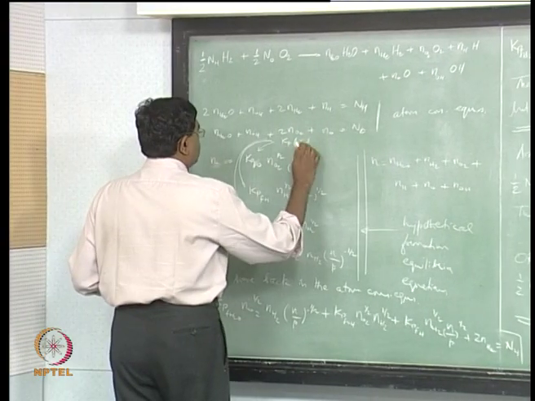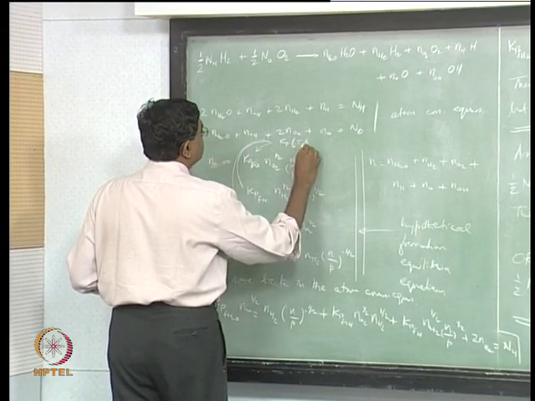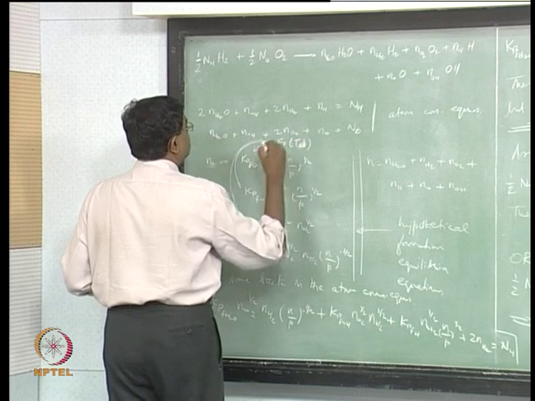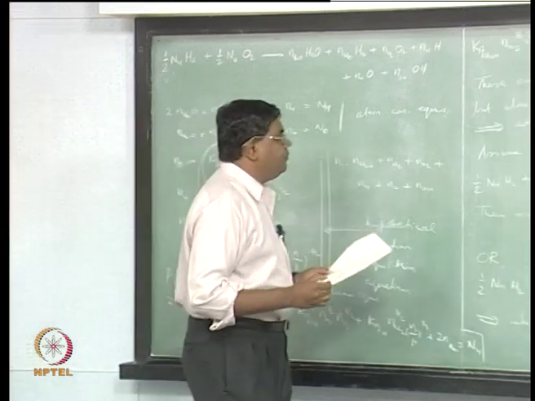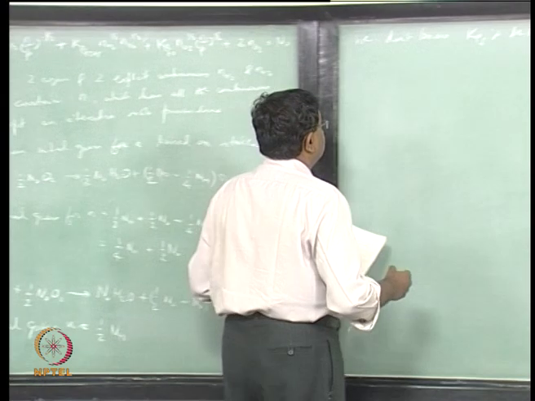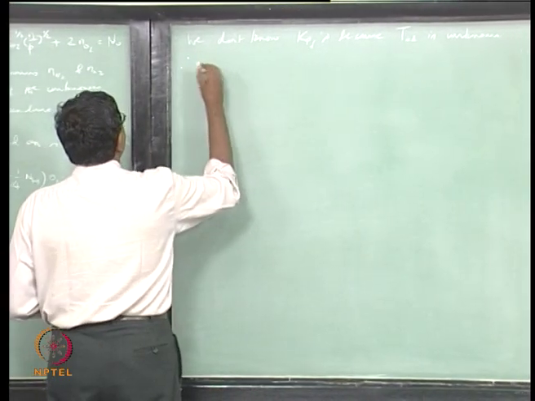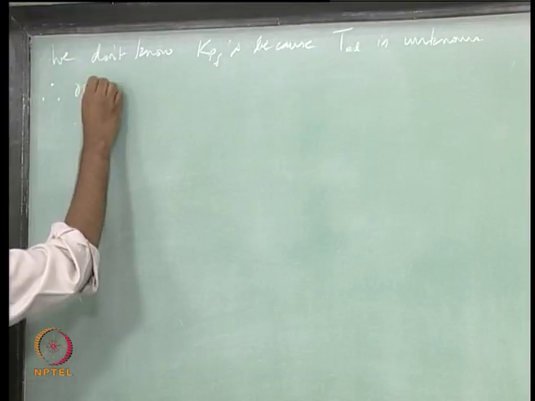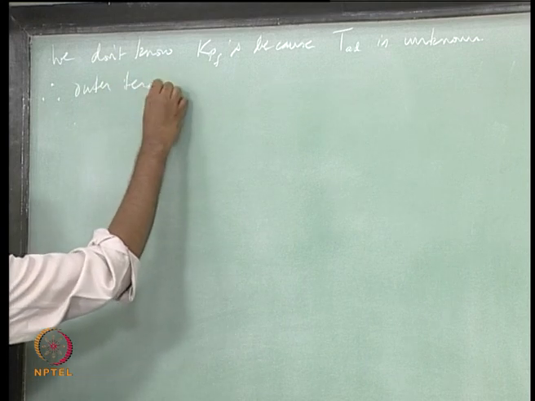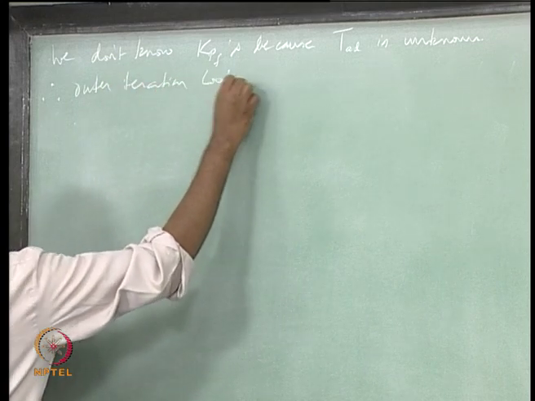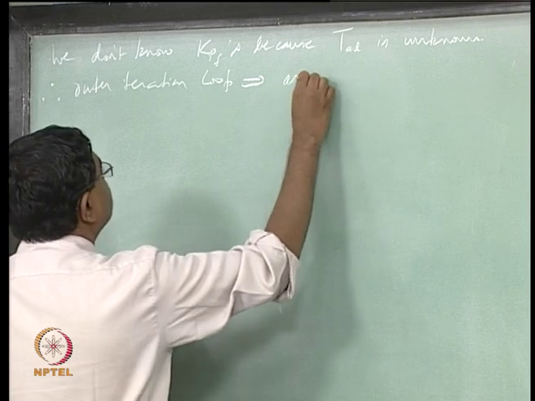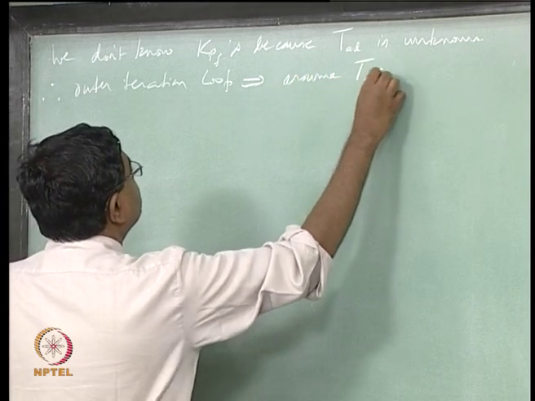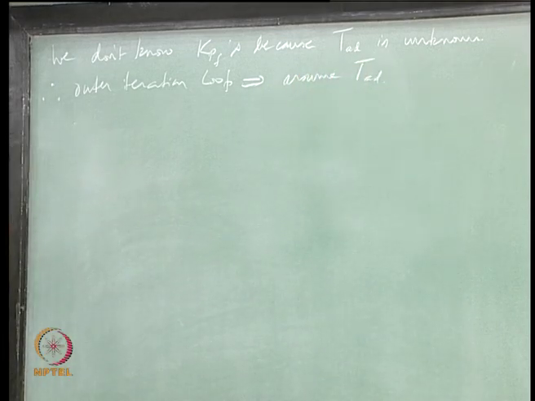In fact, I should specifically say over here, right. So therefore the outer loop, the outer iteration loop would be to start, assume T ad, okay. So you have to make an assumption, you start with some guess value for the T ad,